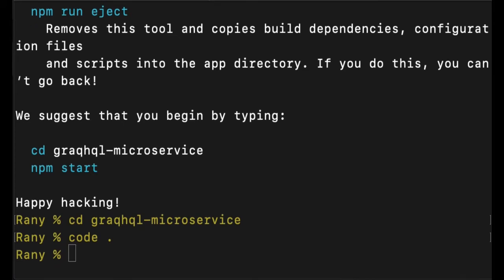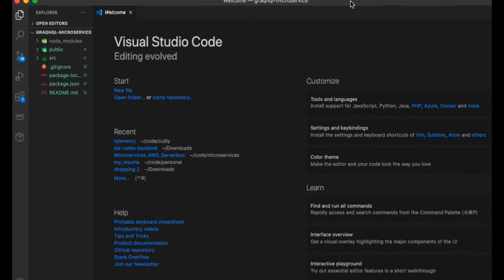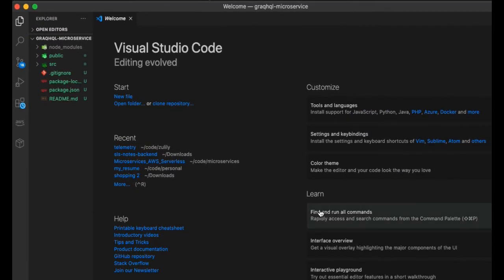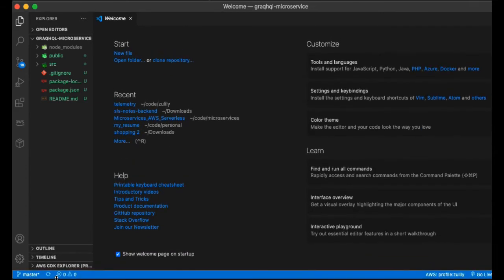Also need to configure this. I will give some instructions on how to configure Visual Studio Code. When you do code dot, we will continue working in Visual Studio Code actually. This is provided by Microsoft, but it's open source. And it's actually great, works well with AWS, and you can install things specifically for SAM,